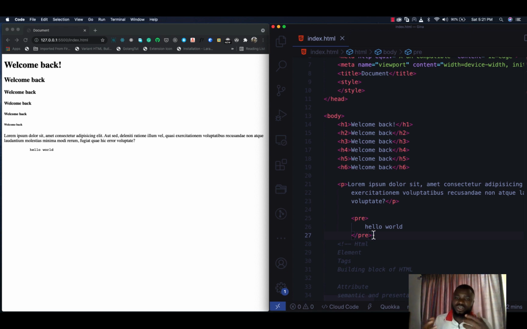The first one is called the ordered list tag, and it's written like this. You write OL, which is ordered list. O stands for ordered, L stands for list, right? Then in between the OL, you now have the list item, which is LI, and you put whatever item you want here. Let's say fufu here. You can have another one called